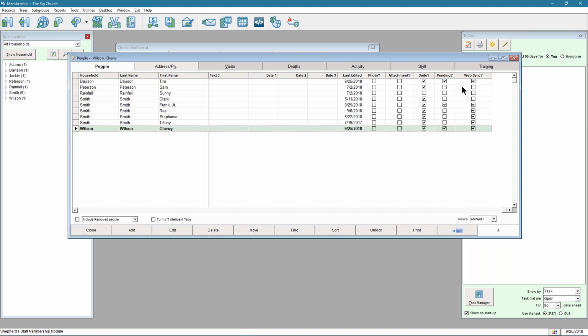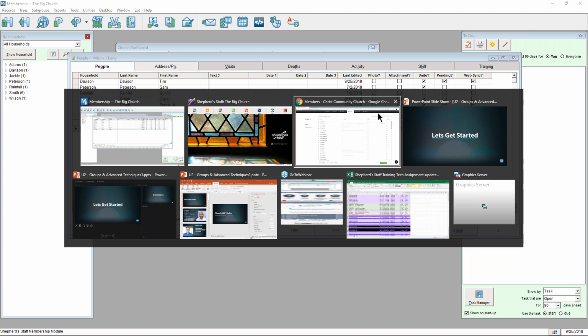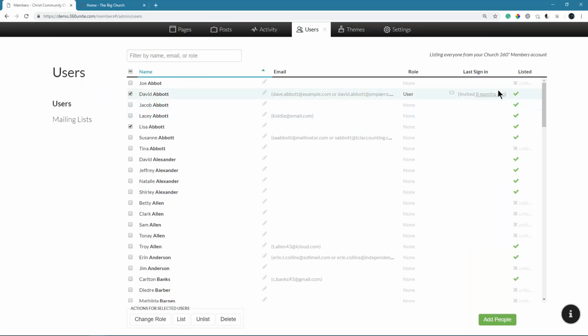So really you're just focusing on these 2 columns, stating that the person belongs in Church360 Unite, and then stating whether or not there's any pending changes, or if you just want to send them the next time you do a sync. And we'll talk more about the sync here in just a second, but this is related to listed or unlisted inside of Church360 Unite. Let me go back here. There we go. So when you're working between the two products, if the person's supposed to be listed or unlisted,